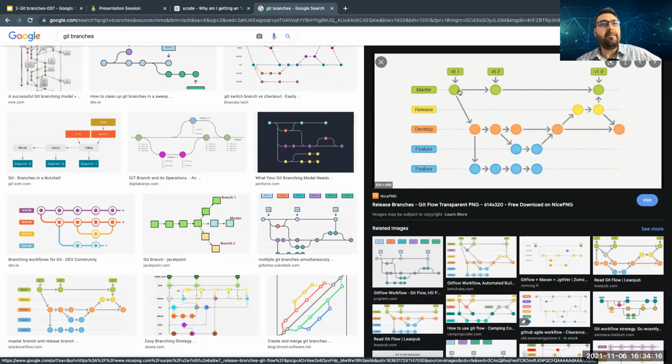Again, we never work on the master branch. The master branch is most probably the one the customers see at the end when it is released, when your software is released. Until you release your software, everybody is working on different branches, like you see here. Only the released, tested code or software goes to master.